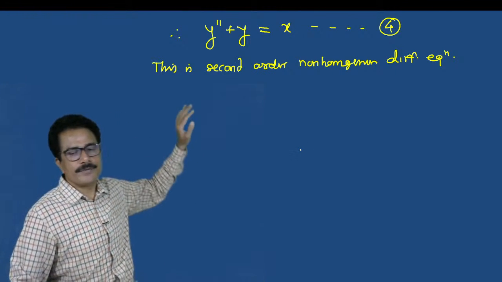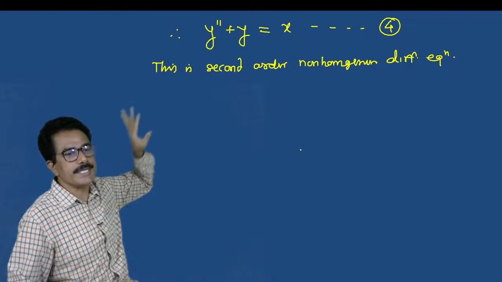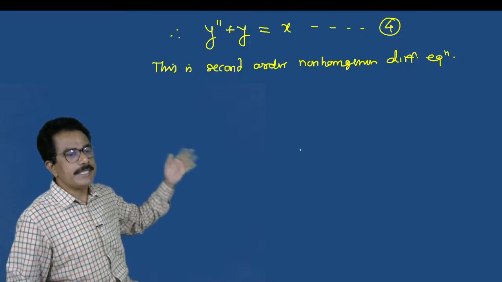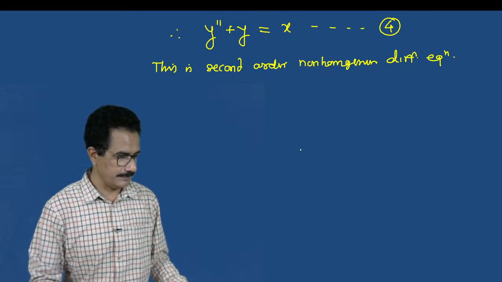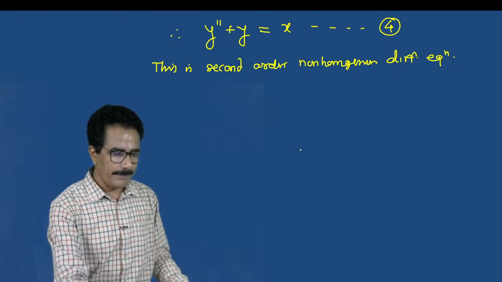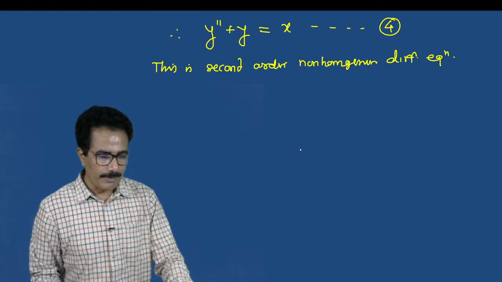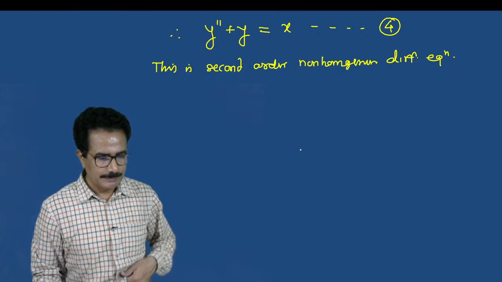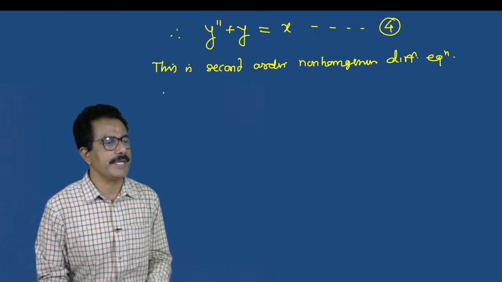So if the given differential equation is in non-homogeneous form, then we have to solve it by the particular integral and complementary function. We have to solve the complementary function and the particular integral. So we shall solve this. The characteristic polynomial is